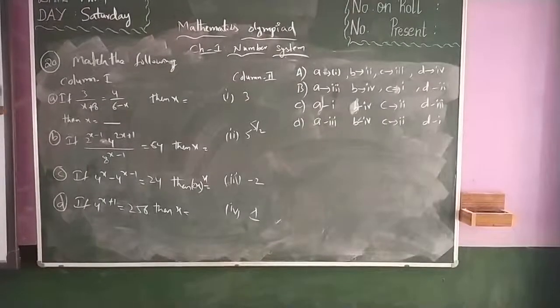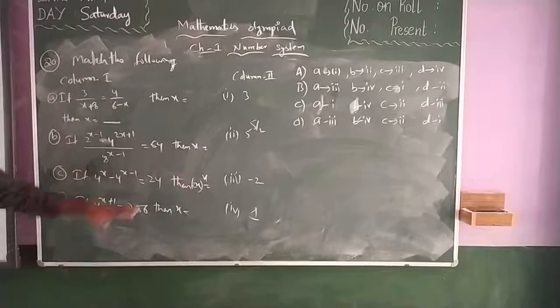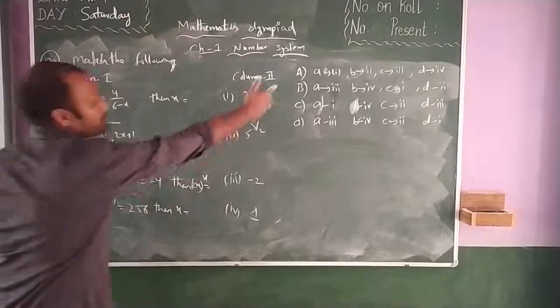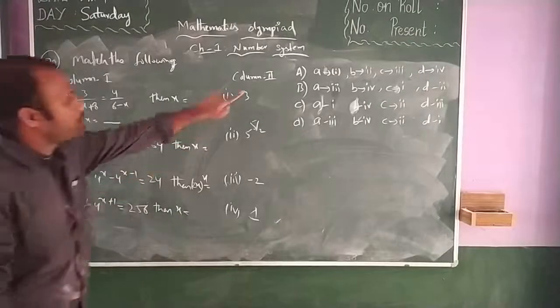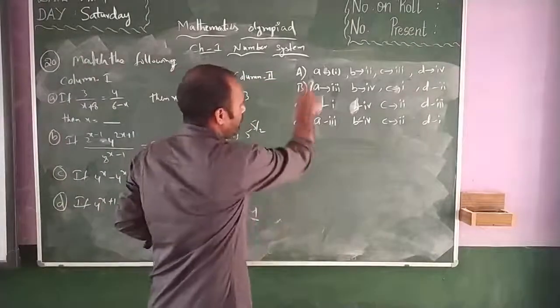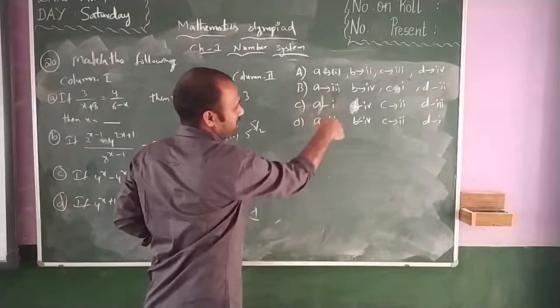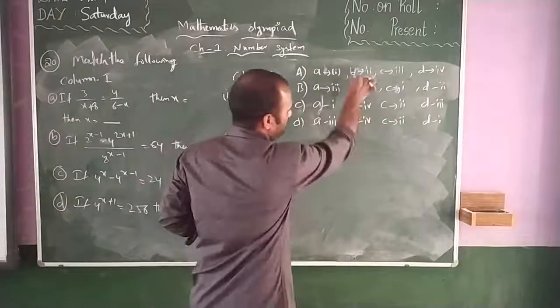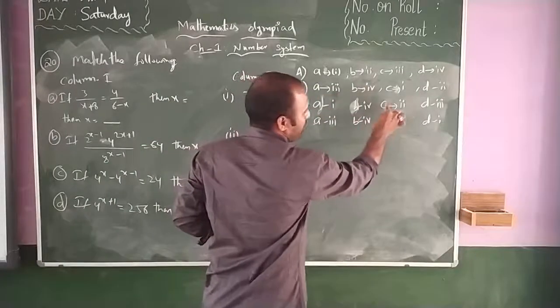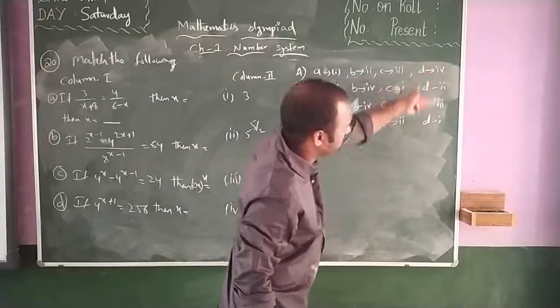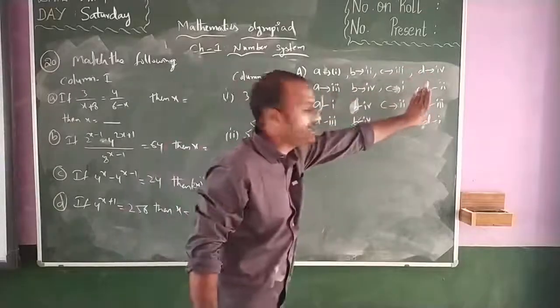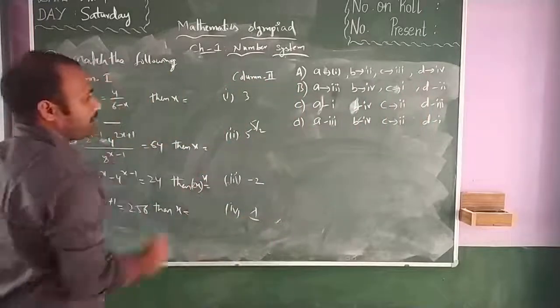If you look at question 28, match the following, we have 4 questions as well as answers and we have options as well. While solving this type of question, we have to check our options first. If you look at A, 3 is repeated, so we will not consider it. If you look at B, 4 is repeated. If you look at C, 2 is repeated. But if you look at D, individual options are there. So if we solve for D, then the answer will directly be complete. You can mark the answer directly.